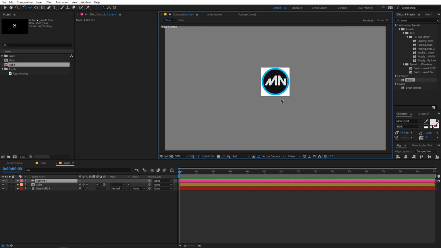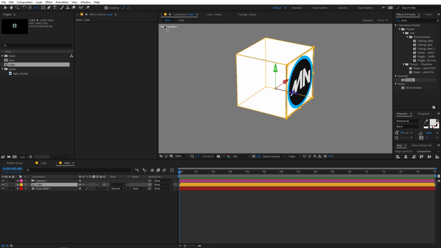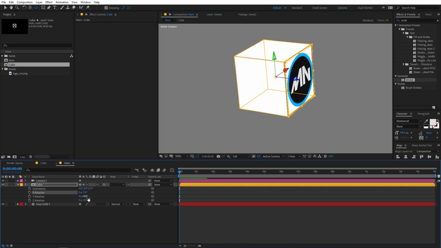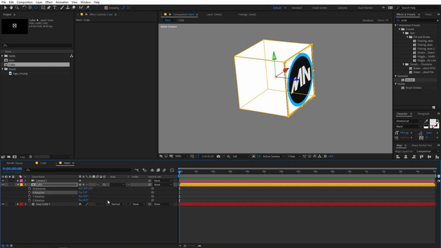So first we are going to select this, and we are going to move its anchor point into the center of this cube. So in order to do that, you can select the cube. Let's select the pan behind tool, the anchor point tool, and make sure the snapping is enabled. So if you select this point and just simply move it, you can see that it will snap to the middle of this cube. So you can check this out by simply selecting the layer, press R, and if you now rotate it, you can see that it is rotating around its anchor point, which is exactly what we want.